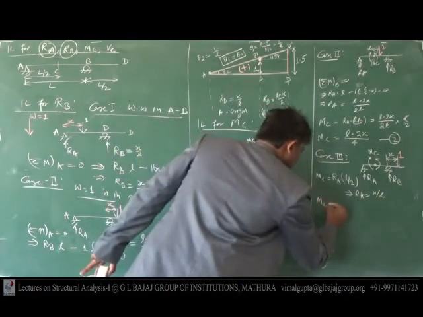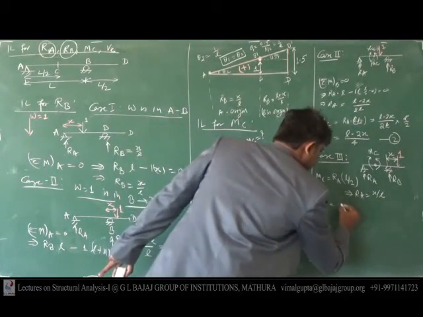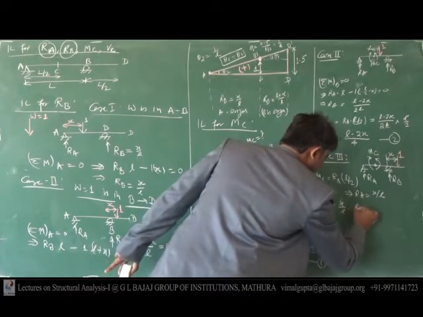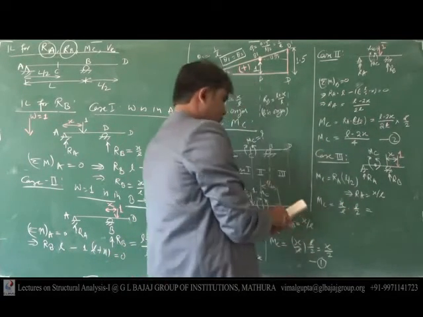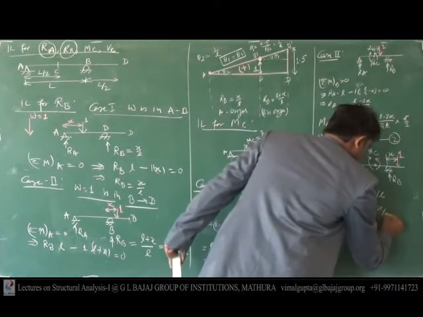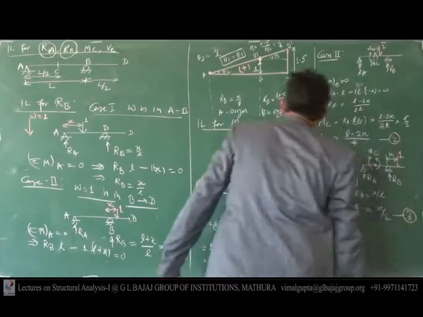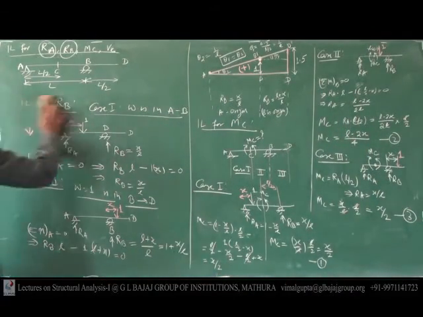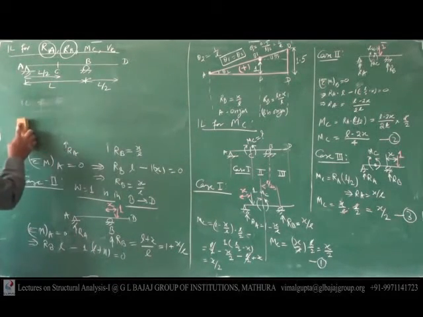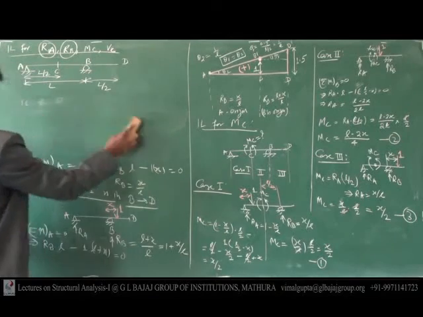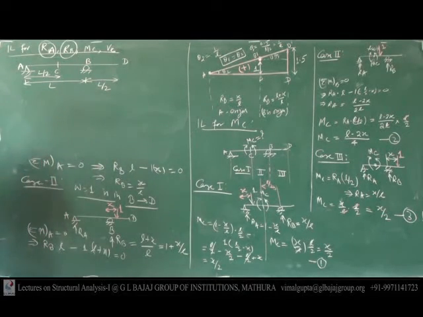So we will get the value of MC as X by L into L by 2. This L cancelled out. Finally we will get X by 2. Now we can plot. After doing that we can plot. So for the plotting